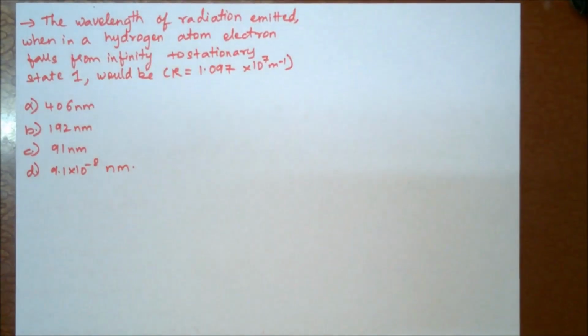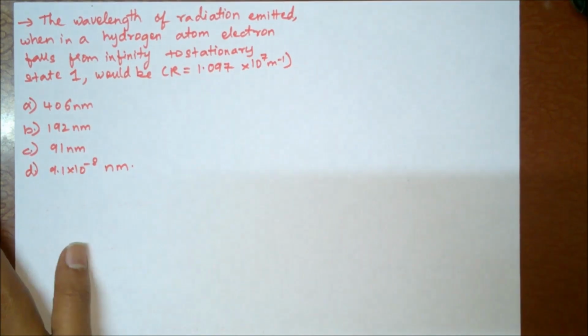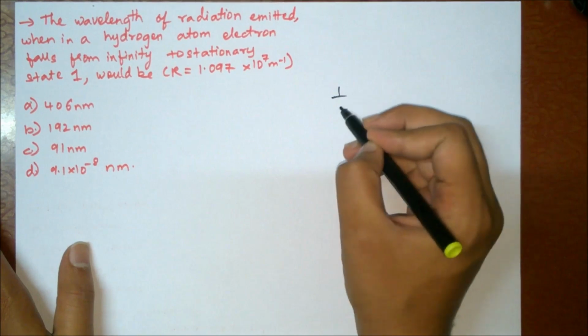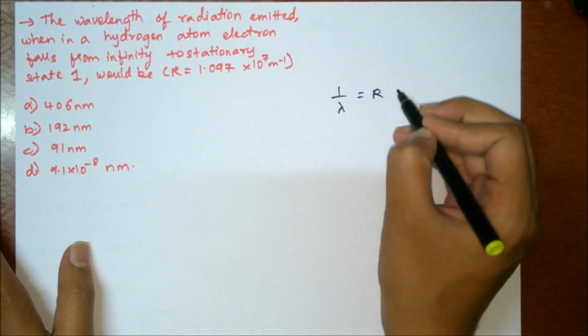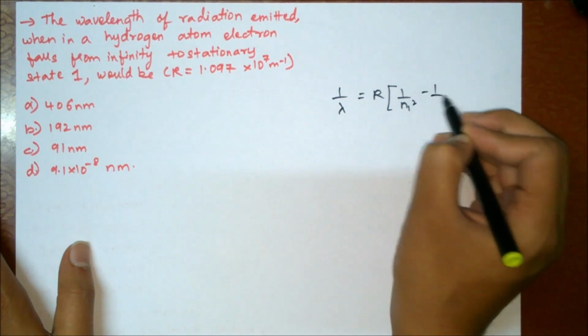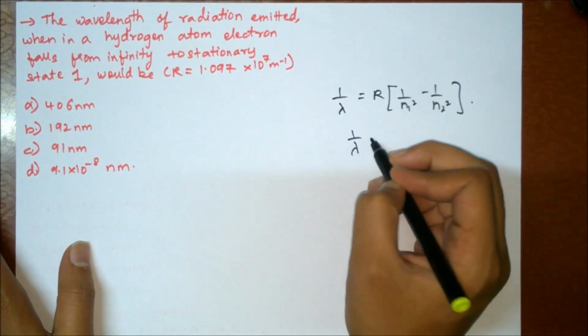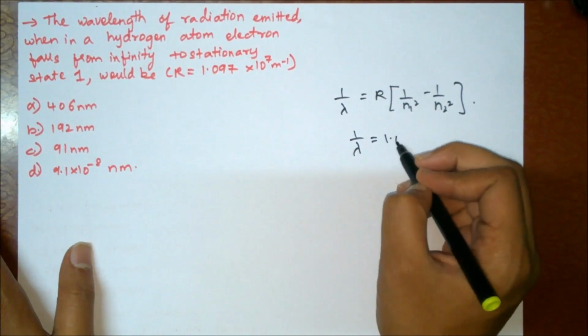The wavelength of radiation emitted when in a hydrogen atom electron falls from infinity to stationary state 1 would be, where R is Rydberg constant is equal to 1.097 × 10^7 per meter. The formula for wavelength is 1 by lambda is equal to R times 1 upon n1 square minus 1 upon n2 square. So here 1 upon lambda is equal to, substituting the value of R